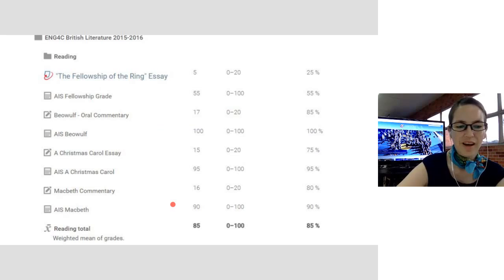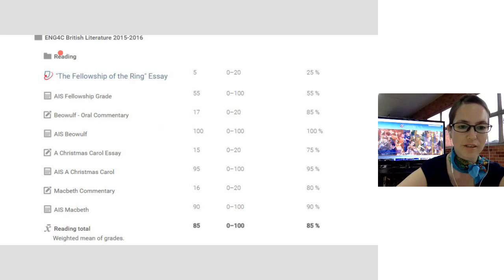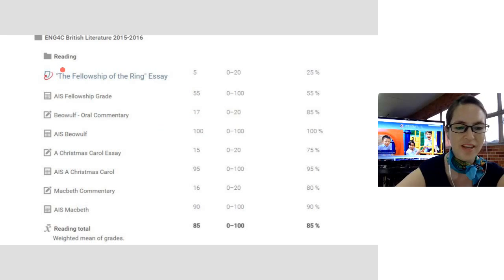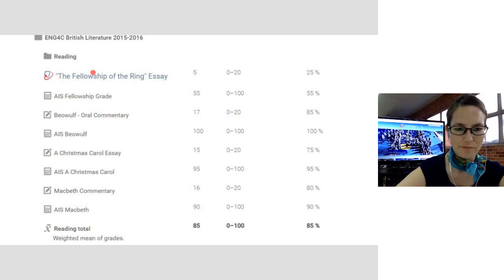Okay, so what we did was, if you look at my gradebook here, you'll see I've got my reading folder, and you can see the reading assignments through the year. The first one looks a bit funny because it's a turnitin.com assignment, but it doesn't affect anything here. It just means I can check if they were cheating. Okay,